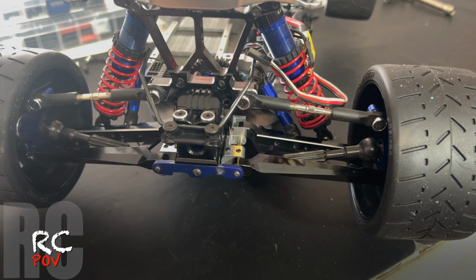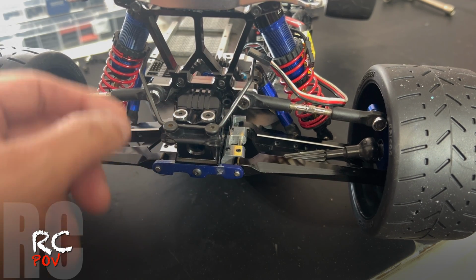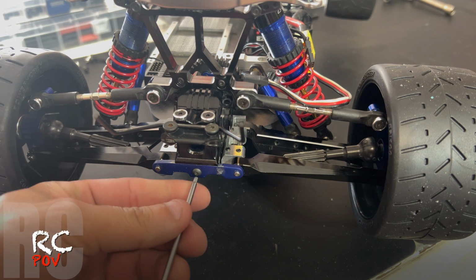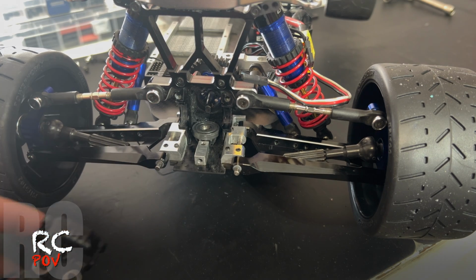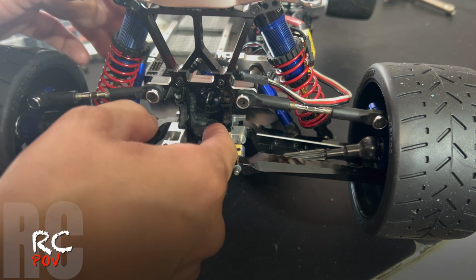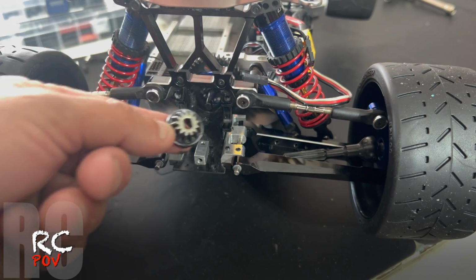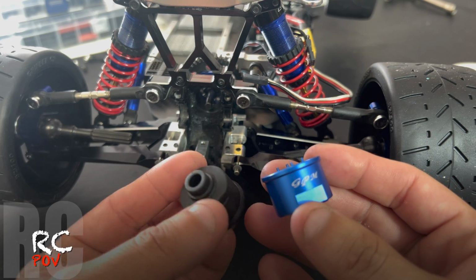What I'm going to do is try to give you guys the best angle. Now, I already have 2 screws out from here and here. All you got to do is pull your sway bar back if you have a sway bar. Let's go ahead and take this hinge pin screw out. It should slide out just like that. Like I said, you do have 2 screws here, so you want to make sure you take those out. We got the gear and the bearing out, so we want to make sure that we grease this up and put it back in. So here's the GPM one, and here's the plastic one that comes out of the Traxxas